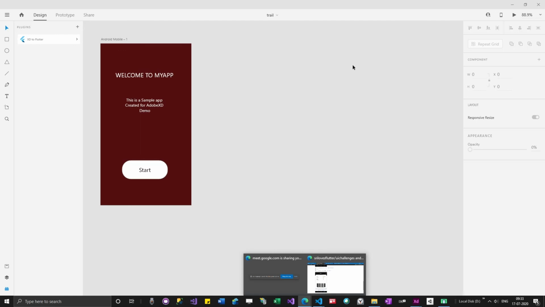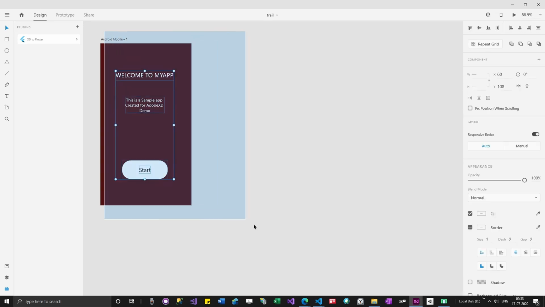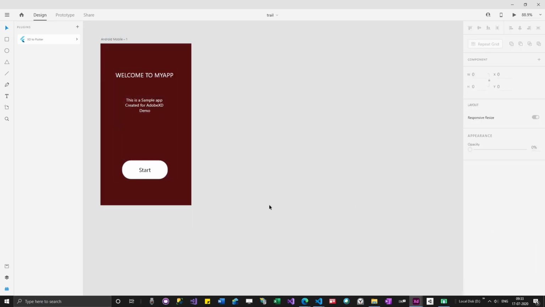One more thing you have to always remember is that there will be so many tools like these. You might think it would be good to have a drag and drop feature for Flutter. But being a developer, you should always code. You can use these kinds of tools for prototyping, that's it, but not for everything. If you find a tool where drag and drop is supported with Flutter, just explore it once, but don't try to use it for your mainstream development. That's not the way a developer should act.